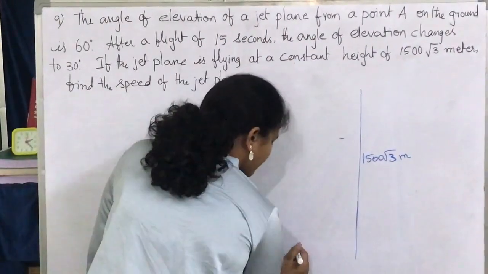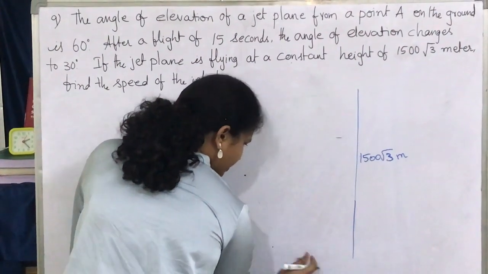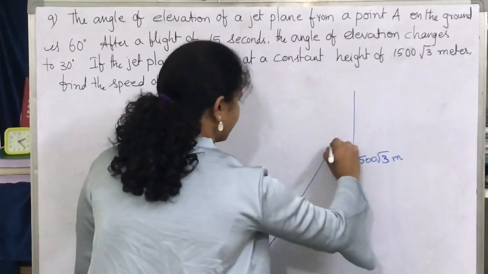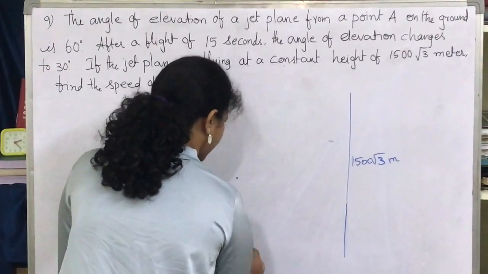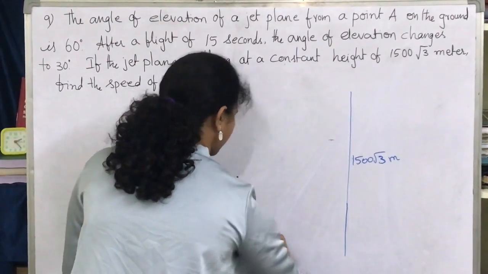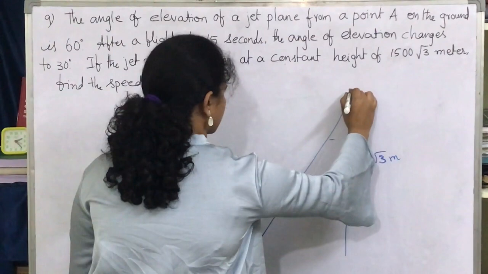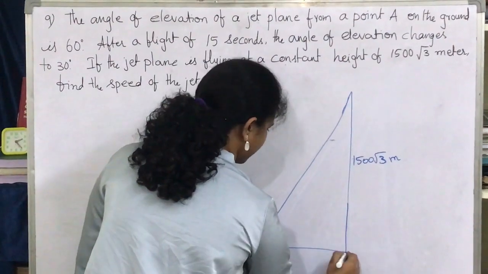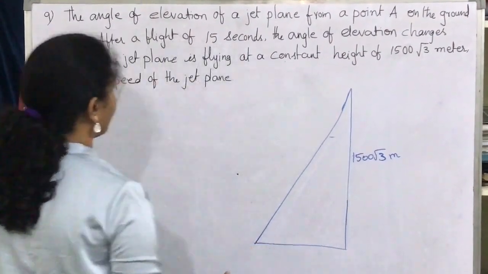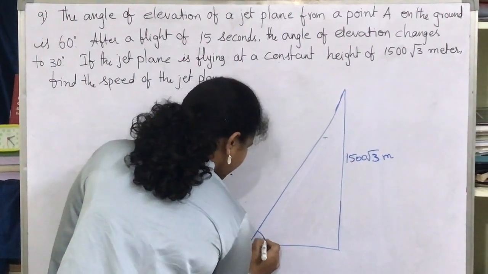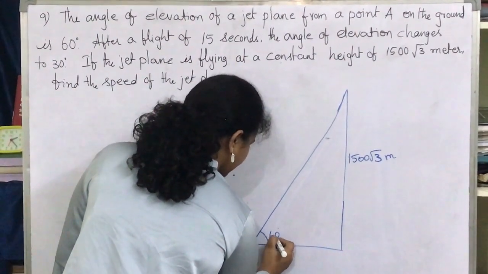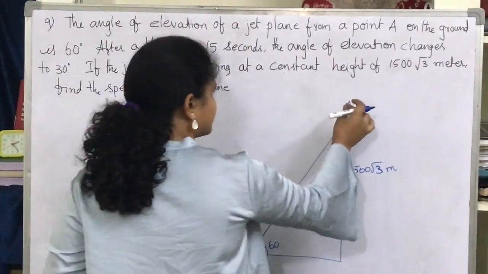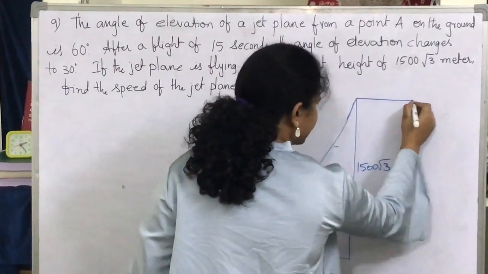Next, the angle of elevation of the jet plane from a point A on the ground. So let's make a point A over here. So let this be point A on the ground. So the angle of elevation of the jet plane from this point, here the angle of elevation is what? 60 degrees. Next, after a flight of 15 seconds, somewhere over here,